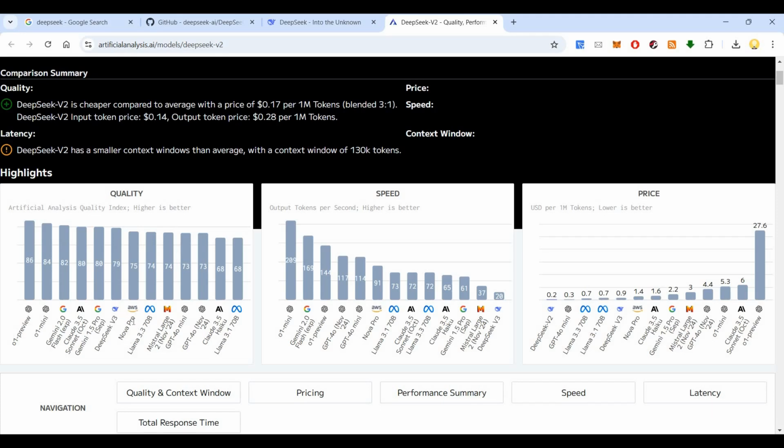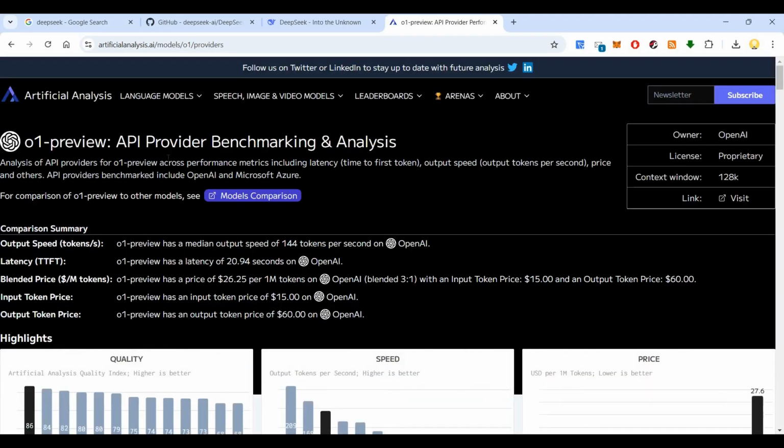Now if you look at AWS, they come up with Nova Pro at 75, Llama is 74, Mistral 74, then GPT 4.0 Mini is at 73. This is the one which is available for the free version, I guess. GPT 4.0 of November 2024 is less compared to DeepSeek V3. This is Claude 3.5, this is Llama. This is the most advanced one in terms of benchmarking.